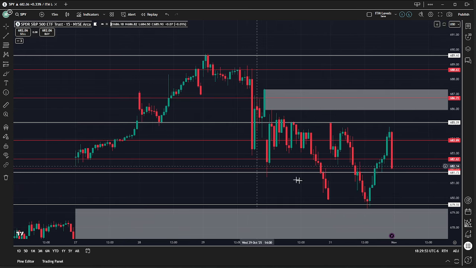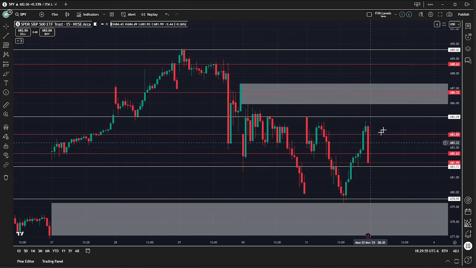I don't know why my TradingView keeps doing that. It just keeps lagging. I have to move my mouse around the whole screen so they can load up again. But my supply zone underneath 681.73